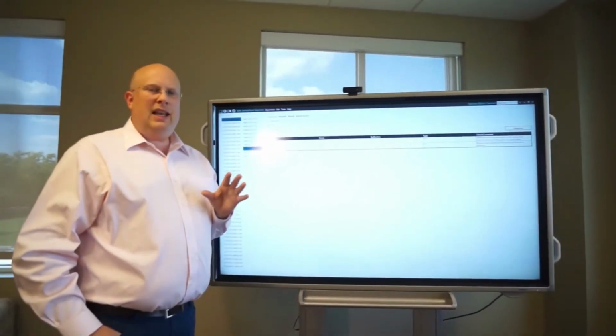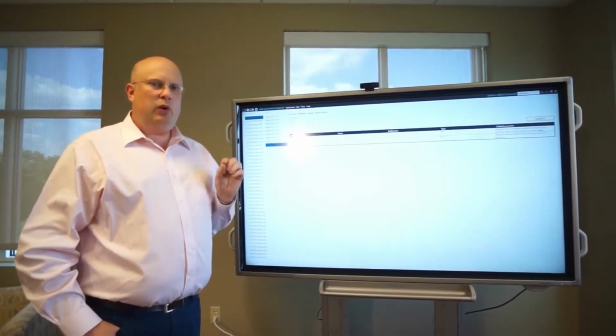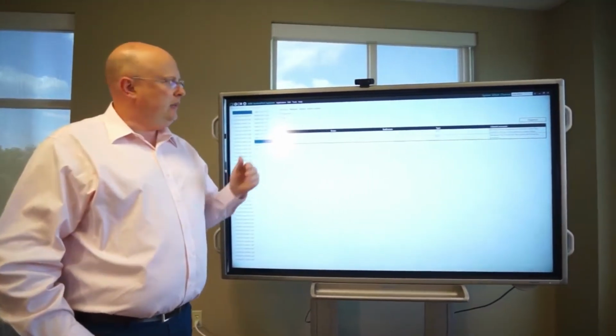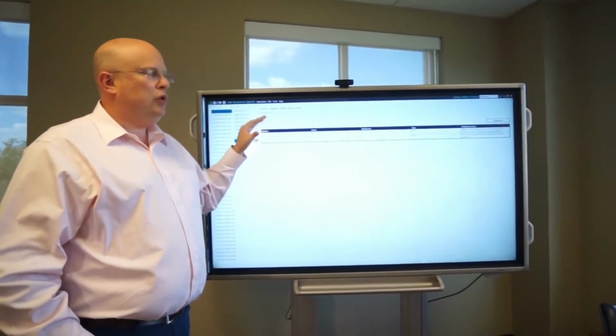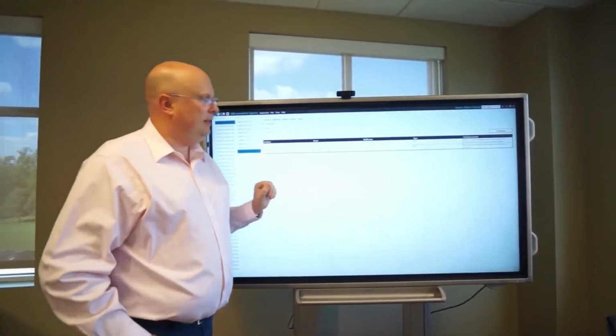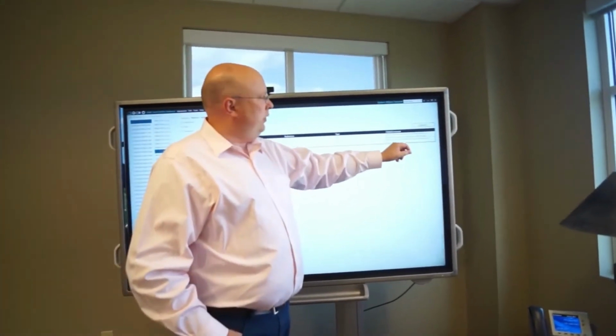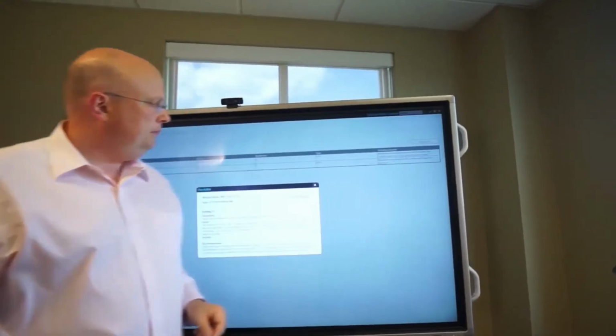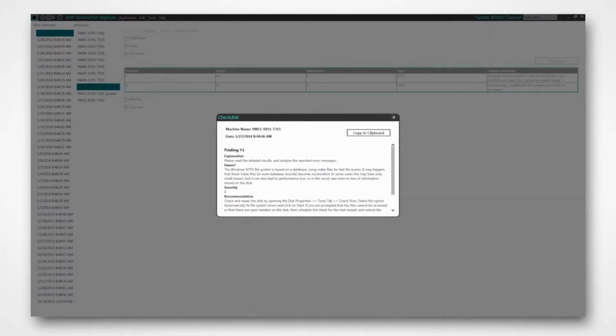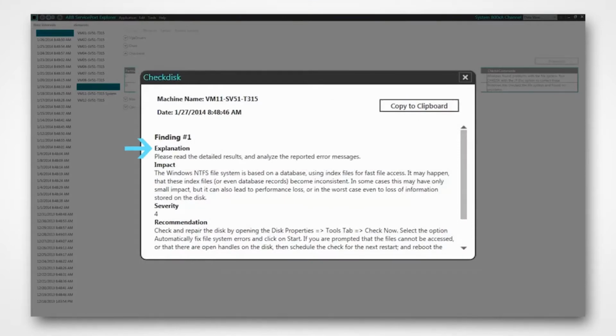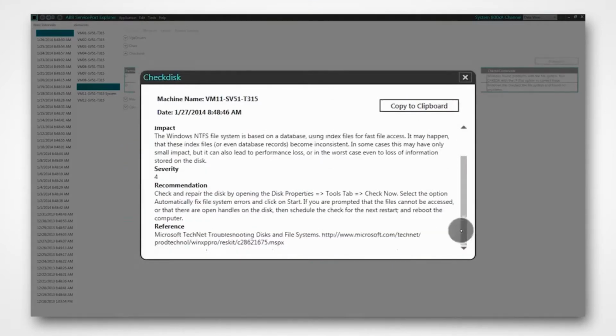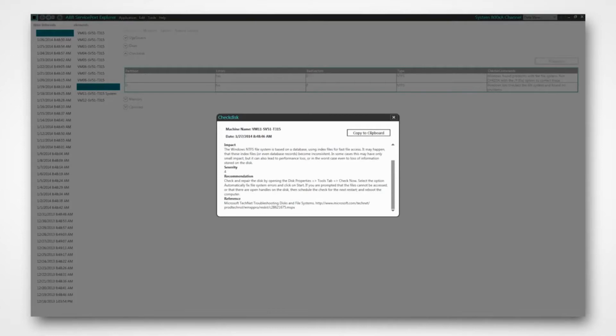What we have in the 800XA channel is something we call solution surface. It's to go one step further. What should I do when I encounter this? And that's through this diagnosis button. I click on that one, and I will actually get a little bit more text about this. An explanation, an impact, even a recommendation. And if I scroll a bit more here, I even have a reference to a manual or to a TechNet